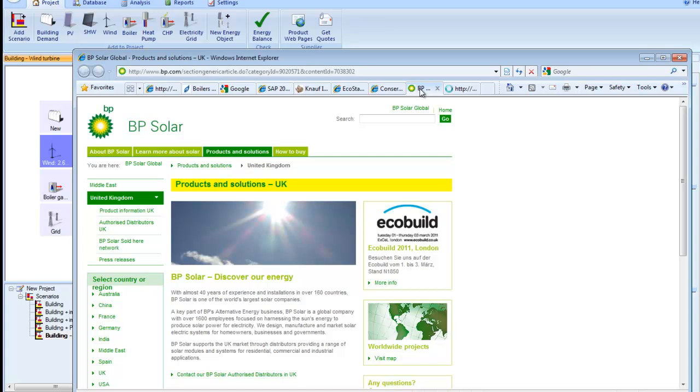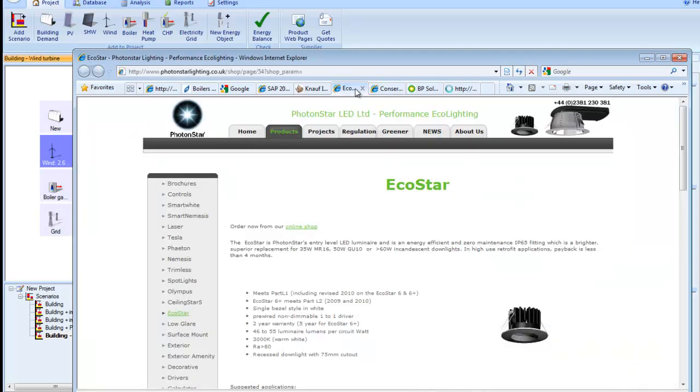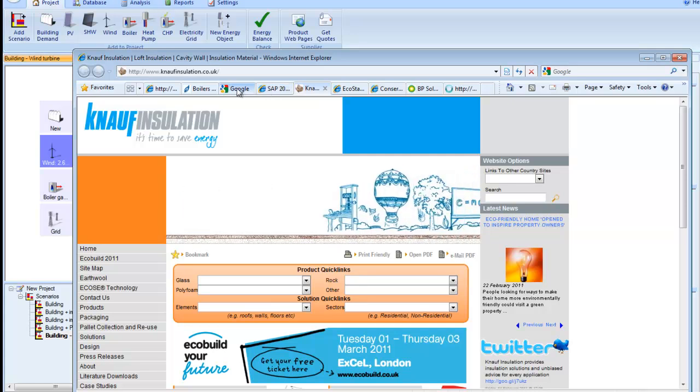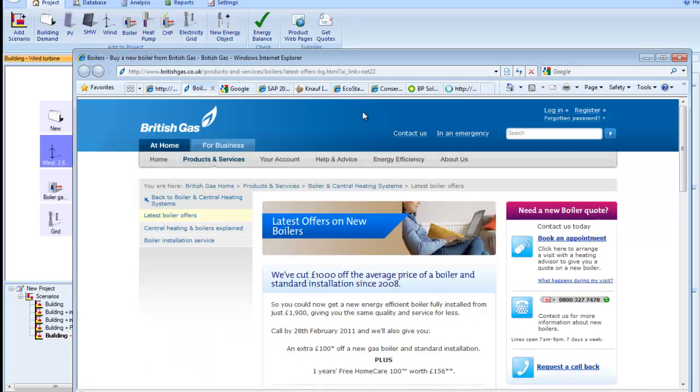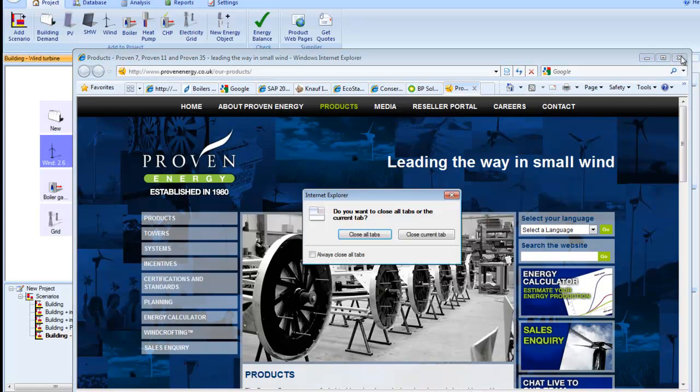So we've got more information on the photovoltaic panels, on the glazing, on the lighting system, on the insulation that we chose, and on the boiler. Anything that there is a link, it will take you straight to the page, and you'll have a whole list of them. There are the wind turbines. So you can look and find out more there. Another way of finding out more information on the products you've chosen, I'll just close that,